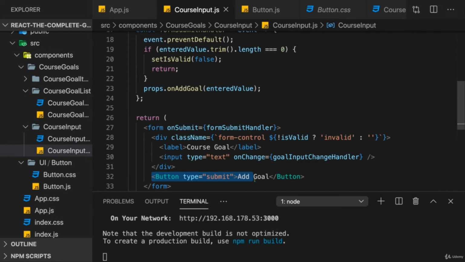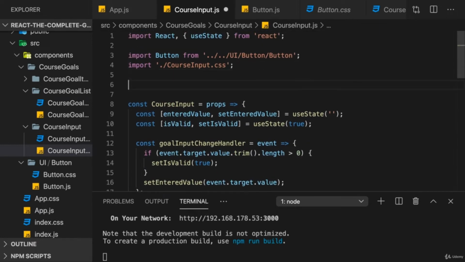But even though we're only using the button here in this app, you could argue that a button is a component you might be using in a lot of other places of the app as well. Now for the div, that might also be the case. Maybe you have other form inputs in other parts of the app as well. But to also show you that you can have multiple components per file, and that this might make sense if a component is really only getting used in that file, I will now create a brand new component in that